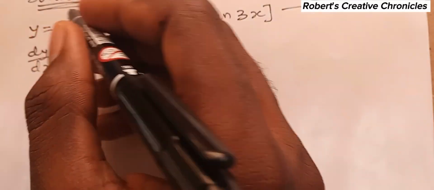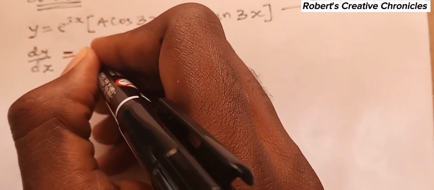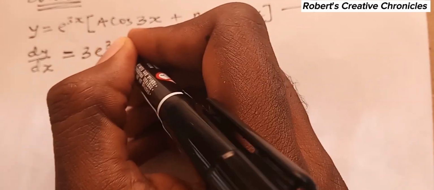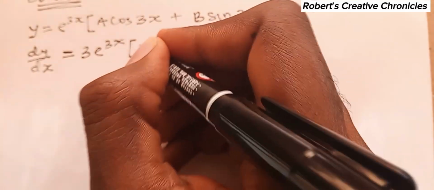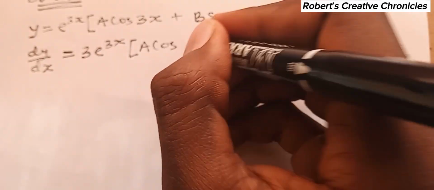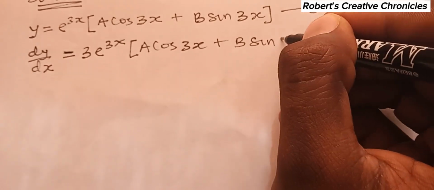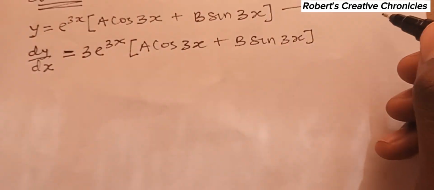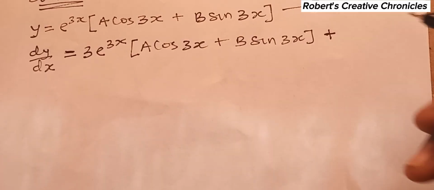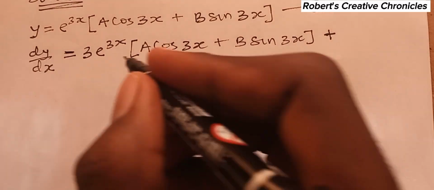So let's find the derivative of this, it is 3e^(3x)(a cos 3x + b sin 3x) plus, since we are using product rule,